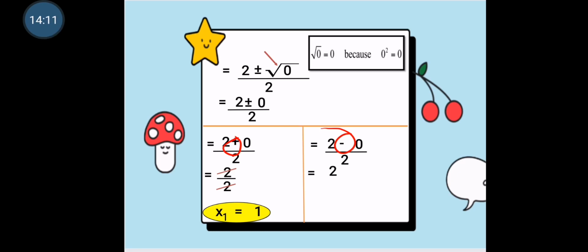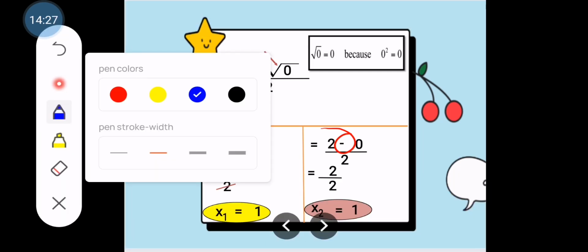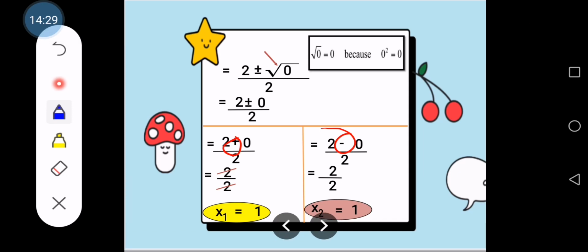So, 2 minus 0 is 2. 2 over 2 over 2. So, simplify. 2 over 2 is 1. So, kung mapapansin ninyo, ang first root and the second root ay equal. Ayan, pareho lang po sila. So, therefore,